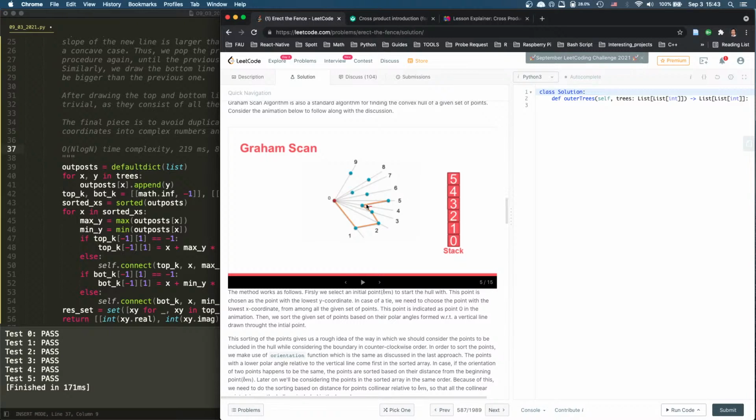They're larger than 0, but hold on. So what we're saying is it has to make a left turn, right? So it has to be like this. But if we go a right turn,